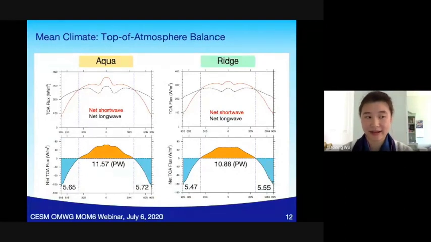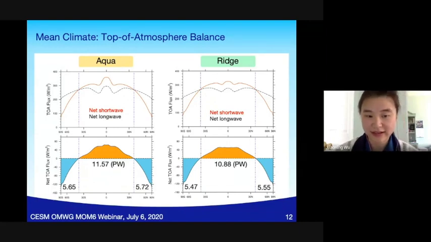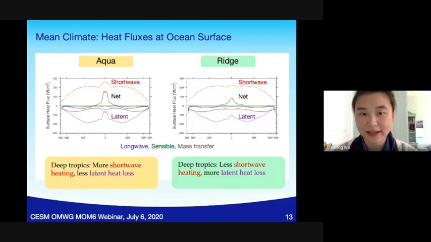And that contributes greatly to the overall difference in the climate that we have seen. Looking at the top of the atmosphere balance, Aqua receives more incoming shortwave and a larger equatorial, tropical surplus than Ridge, which requires the overall heat transport to be greater. And looking at the heat fluxes at the ocean surface,